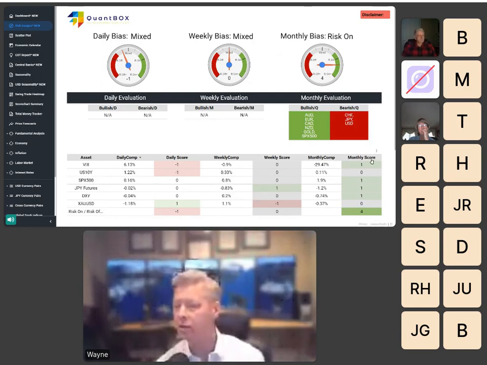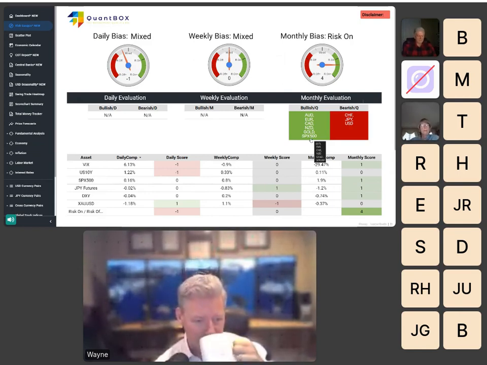And right now, the way that QuantBox is actually doing that is saying, well, the options traders that are buying options against the S&P 500, they're acting as if things are good, and customers are saying that they're not interested in hedging their S&P 500 investment. So how do they feel about the market, Rick? If they're long the S&P 500 and they don't want to hedge it, they don't want insurance, how do they feel? Why would you cancel your insurance? Because you're afraid or you're confident?